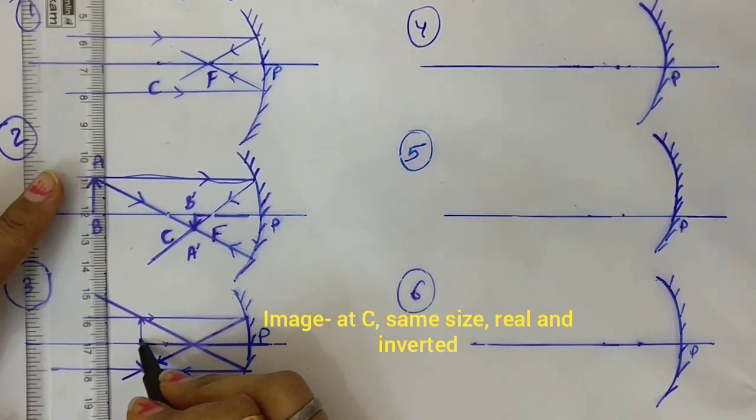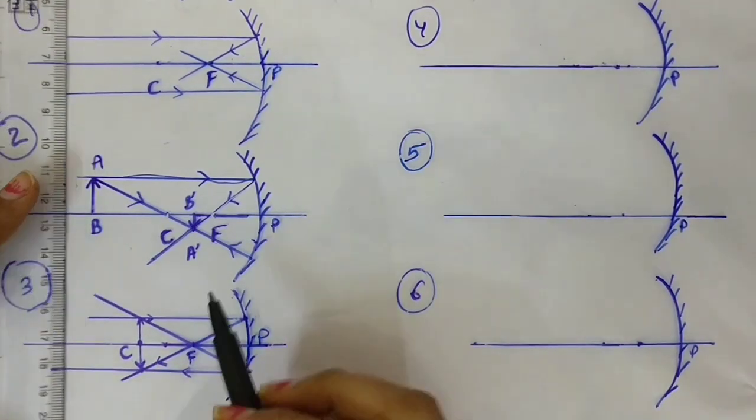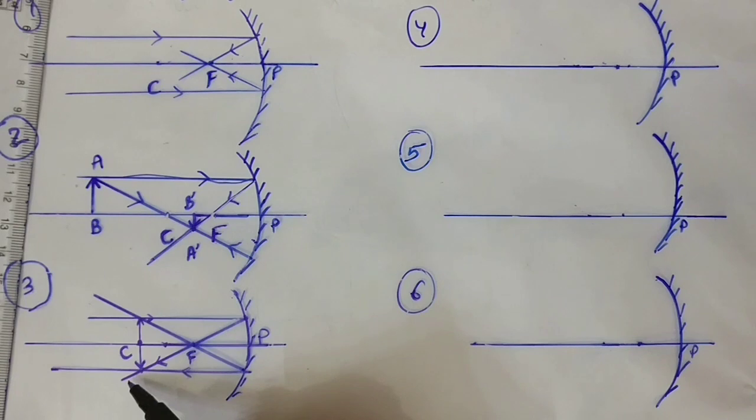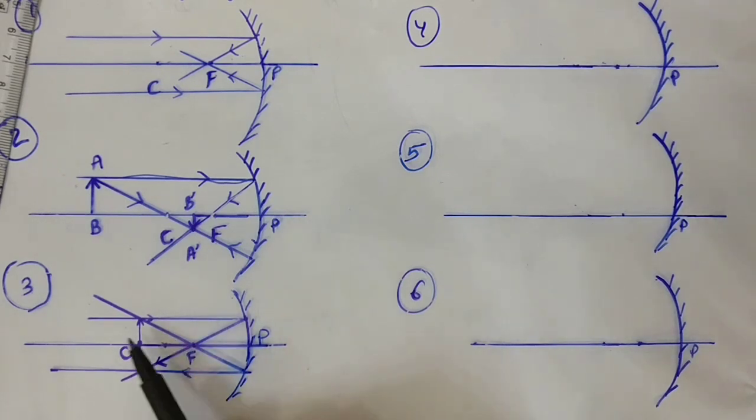So when we talk about the center of curvature, the image will be formed at the center of curvature. I hope now you understood how to make your ray diagrams easy. First you make the rays, and you have to know that the image will be formed at the center of curvature only. That is the position of the image. And you try to form the ray diagram first, and then you mention the other points.